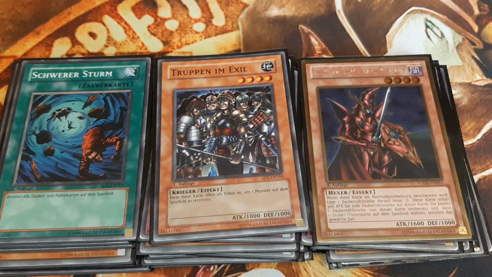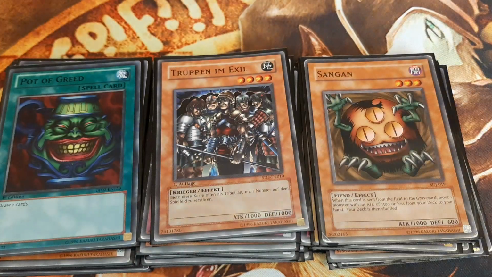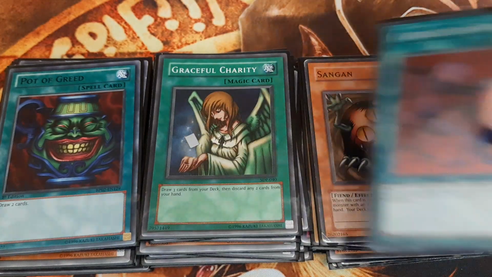Exiled Force is there for searchable spot removal of opposing monsters, and Sangan can search any of the smaller monsters, including the in this deck almighty Morphing Jar, possibly game ending. Then I play the Trinity, Pot of Greed, Graceful Charity, Delinquent Duo,